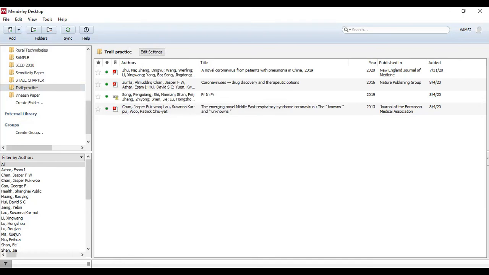Now in that case, this is my style here, so I'm changing to Progress in Organic Coatings. Again you're getting 1, 2, 3 here. Similarly, the top reference which has been cited already also comes back to 1, 2 and 3. So this is the main advantage of Mendeley software.